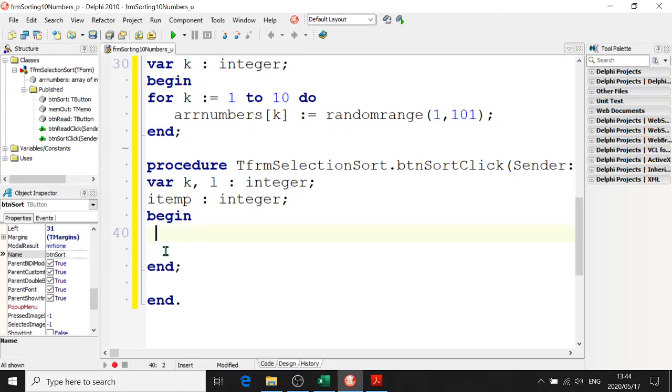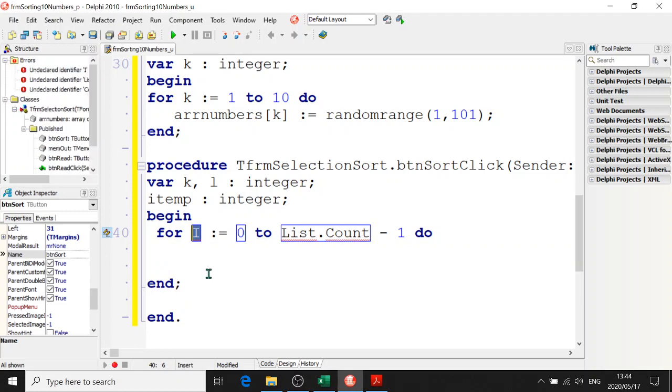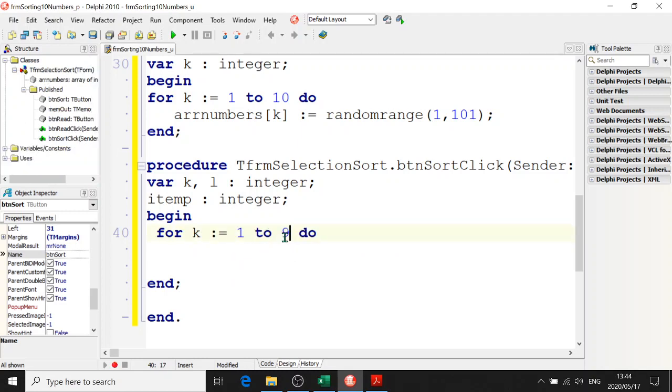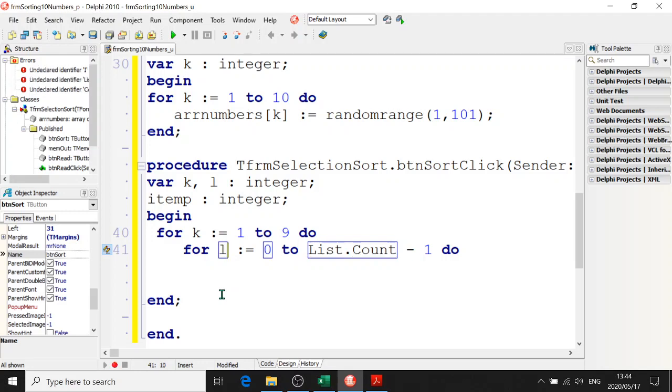So for sorting, for selection sort, we have two nested for loops. The first one, I normally say for k equals 1 to 1 less than the number of indices,